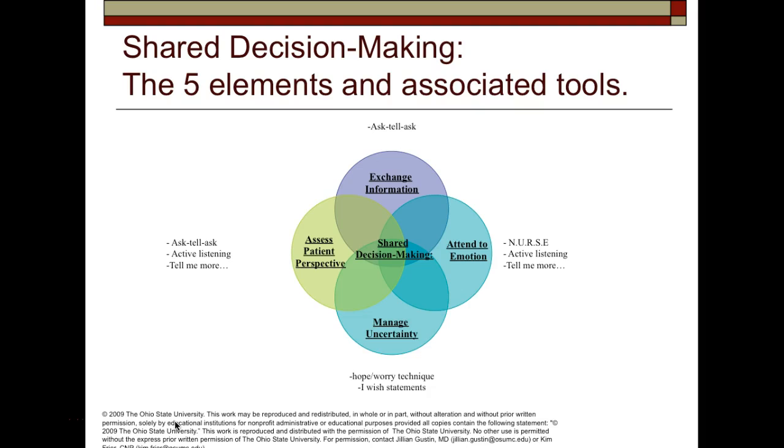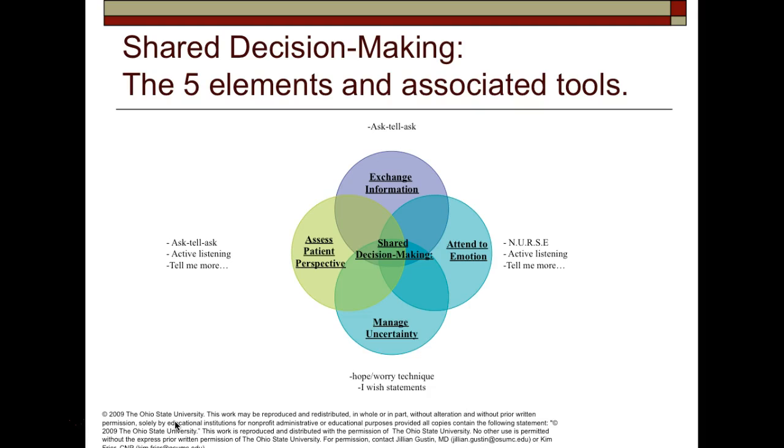On this diagram, you can see that we have 4 bubbles. One is assessing patient perspective. Second is exchange information. Third is attend to emotion. And fourth is manage uncertainty. Now in the center bubble, the shared decision making, you already looked at in Module 2 on the SPIKES protocol. And when we get to the 5th bubble, at the end of this slide presentation, I'm going to show you another tool that you can use with families called VALUE. But let's start with the outside bubble,